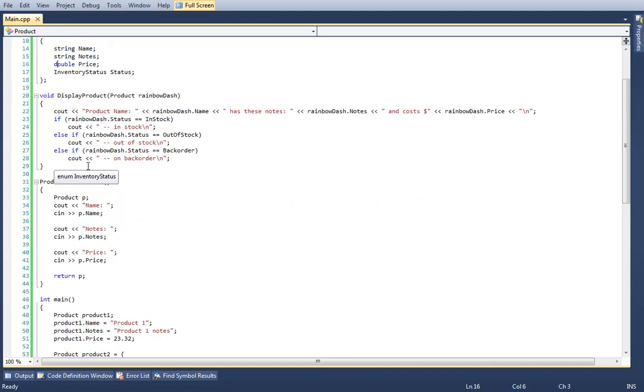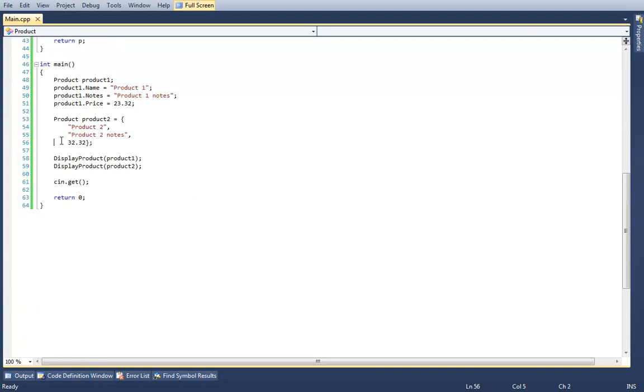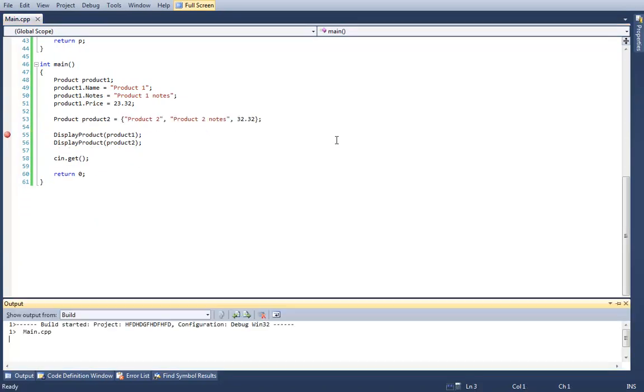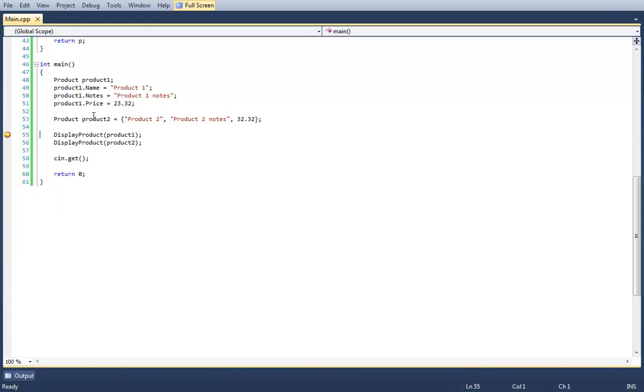What happens in the second? Well, if I didn't put in a status field in here for the initializer, my field variable is going to be a bunch of garbage. So if I were to set a breakpoint right here and run this, you'll notice, open up product 2, that I get an in stock,